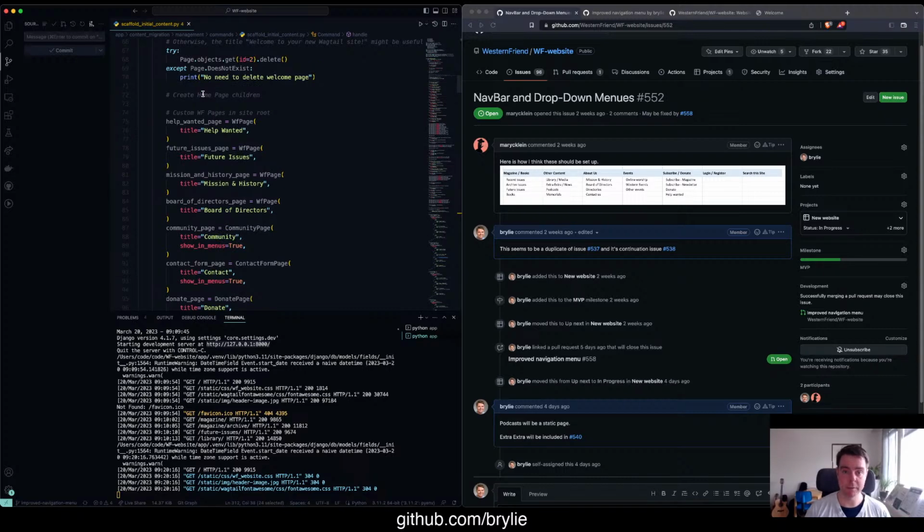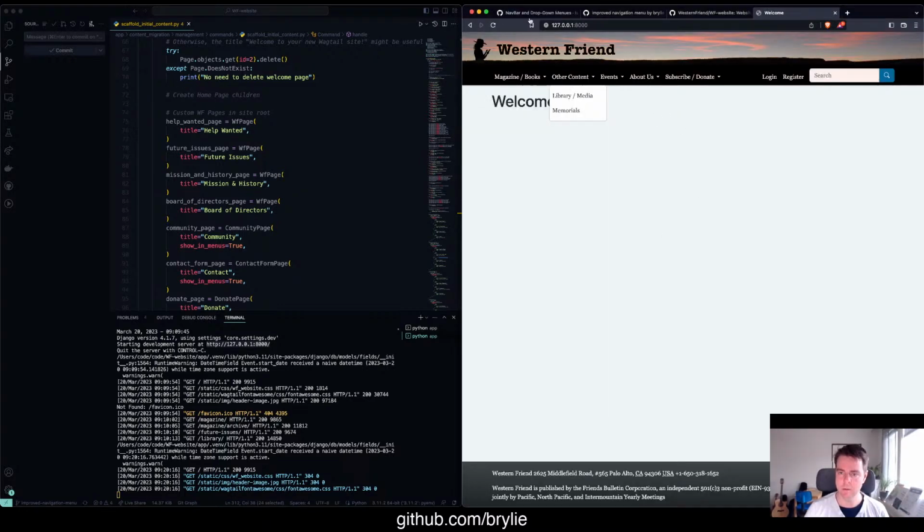Wagtail content management system uses a hierarchical page structure. It's like a tree, and we have a root node, and everything else is children of that and children of children, or all of them are descendants of the root node. Our root node is the home page. That's the front page that you visit when you come to the main root level of the site, the welcome